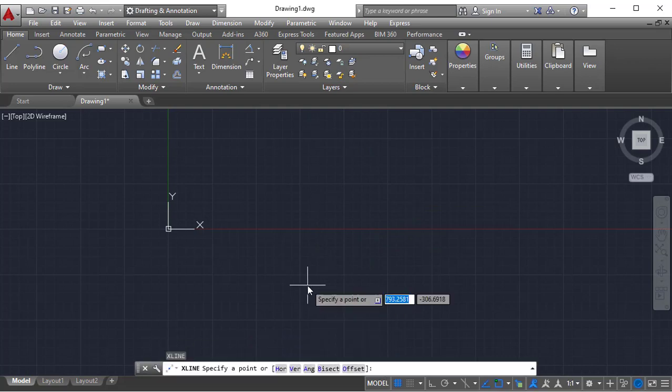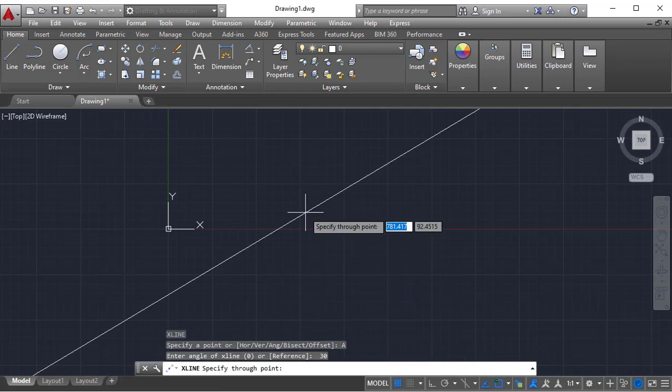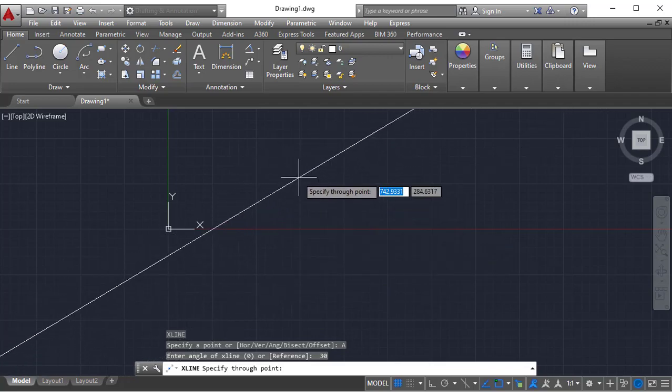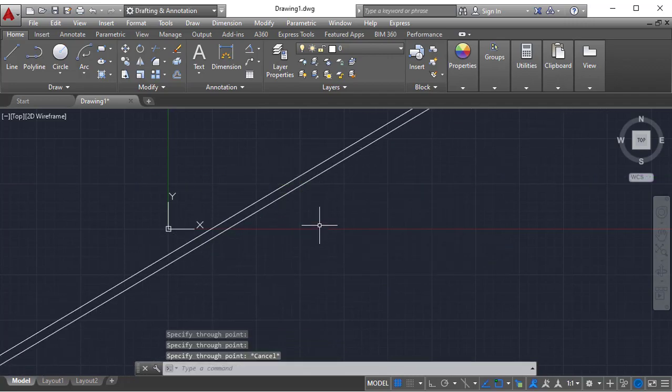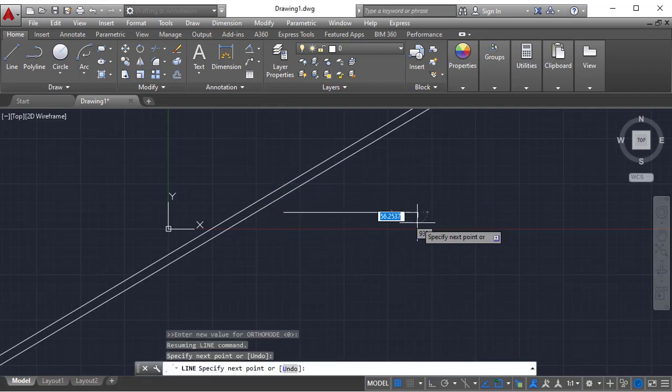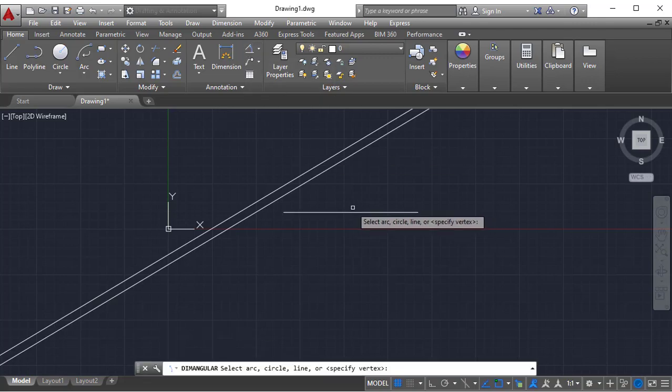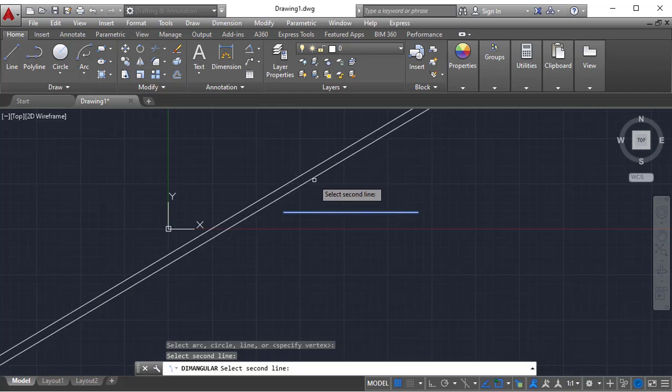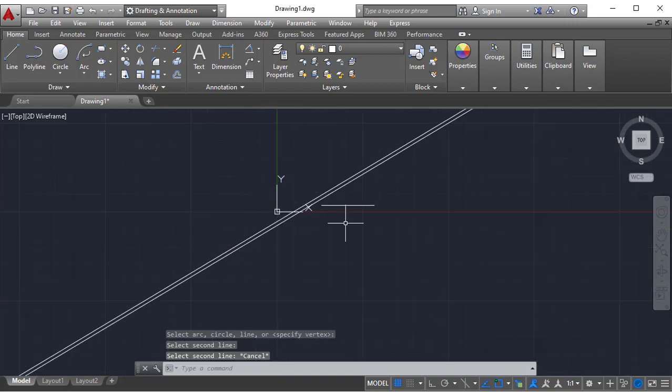In the construction line, if you select angle, first of all it will ask you to enter an angle. For that I am just specifying 30 degrees. So you will get a construction line with a 30 degree angle. How can you check? Just construct a horizontal line, go to angular, and select these two lines. But this construction line won't give any angular or such kind of dimension information. Why? Because these are infinite lines.